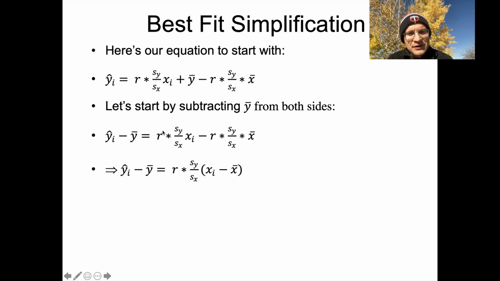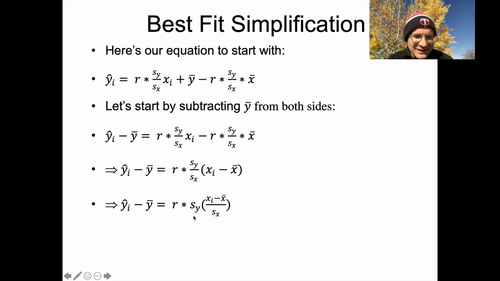So one thing I can do here is factor out this slope term, r times the standard deviation of y over standard deviation of x. And I can collect this stuff over on this side as x sub i minus the mean of x. And it's looking even neater here too, because I've got a similar expression for y and x on both sides, right? In this case, I'm looking at the predicted values of y hat, and in this case, I'm looking at observed or known values of x sub i, but I'm subtracting the mean from both of them. So what, if anything, can we get out of that?